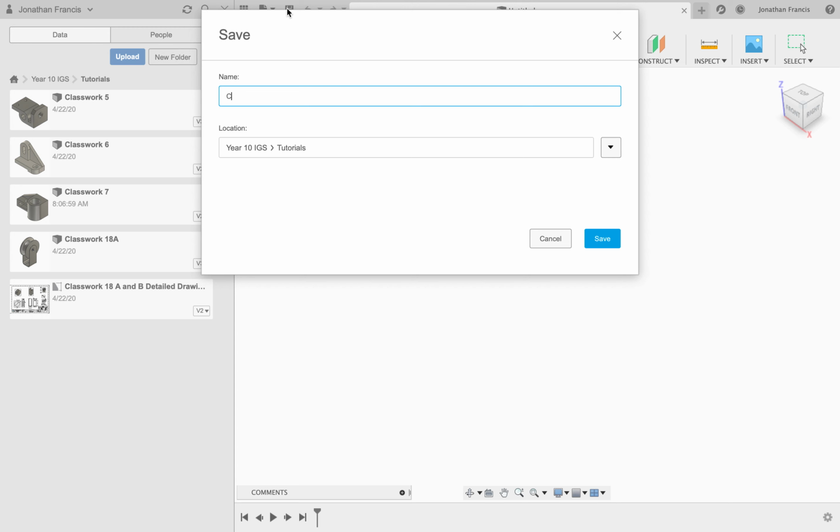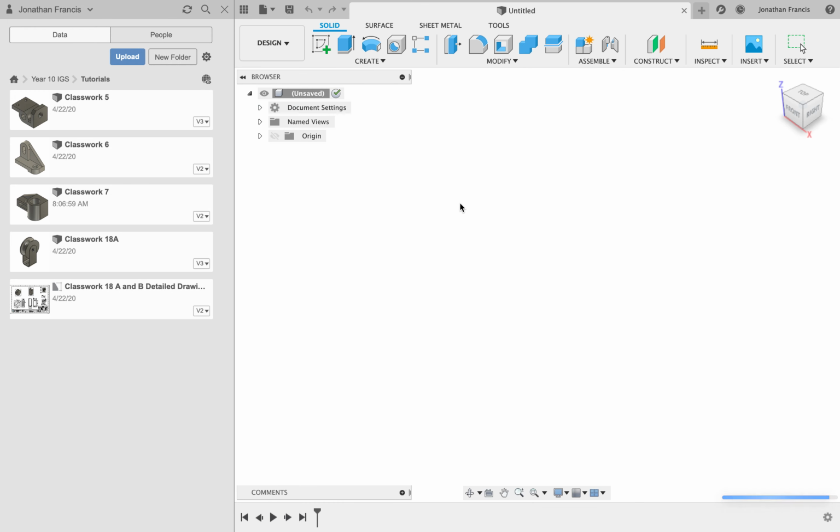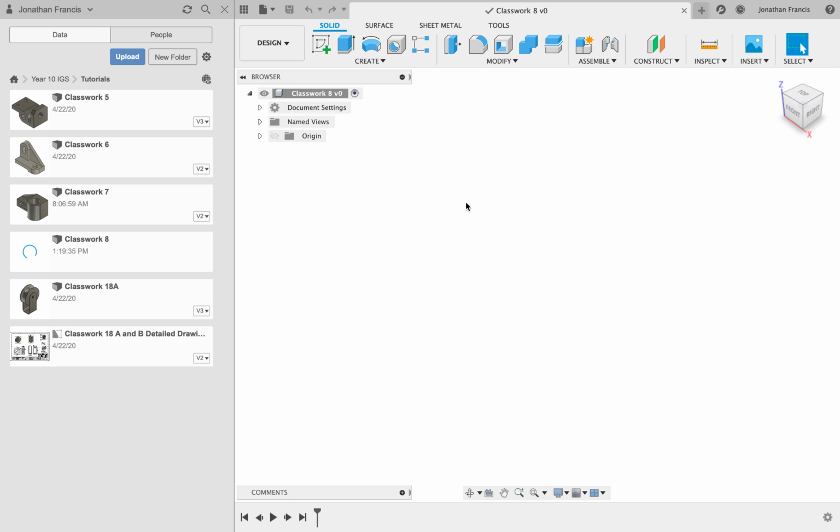First up, Classwork 8. Make sure it's in the right location. Click Save. And we can then start modelling. Now I want to start modelling